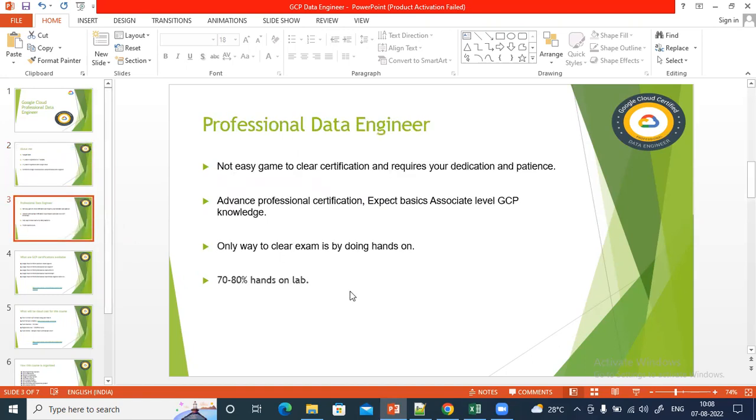As I was talking about the course, here we are going to focus only on the data engineering part, and